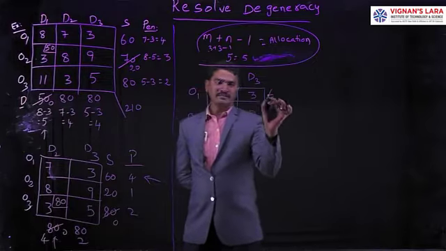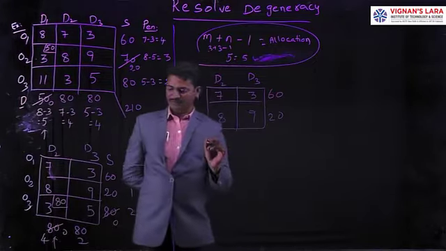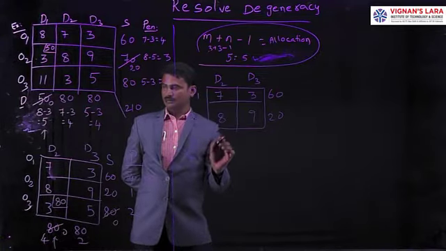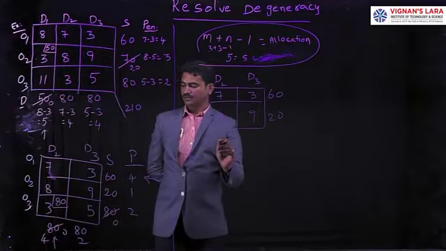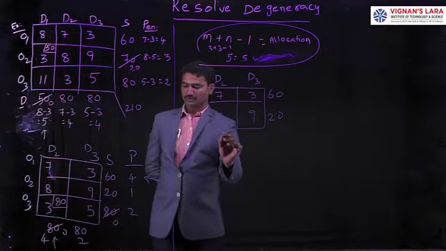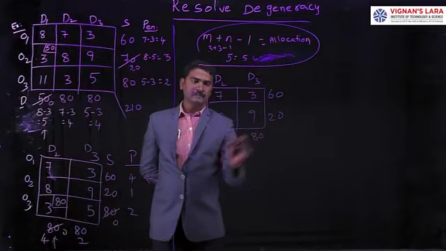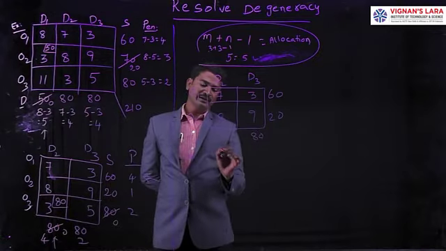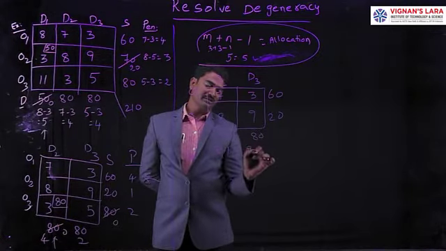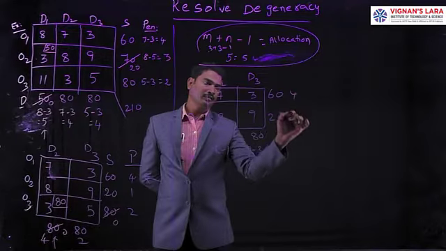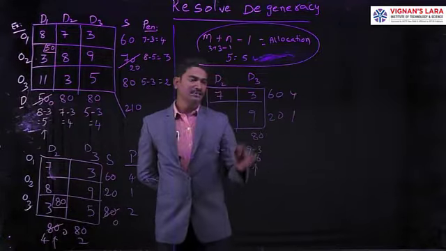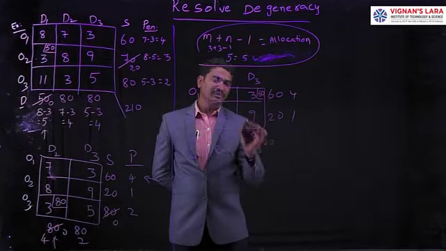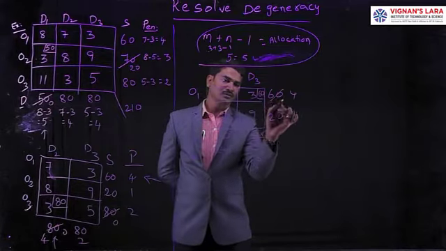Here we have the supply is 60, 20. Here the demand value, there is no demand, 0, and here we have 80. In this case we are going to calculate the supply penalties. 8 minus 1, 9 minus 3 is equal to 6. Here 4, 1. From this is the highest penalty. Here we are going to allocate 60 units. After allocating the 60 units, here we are getting 20, and we are going to remove this row.